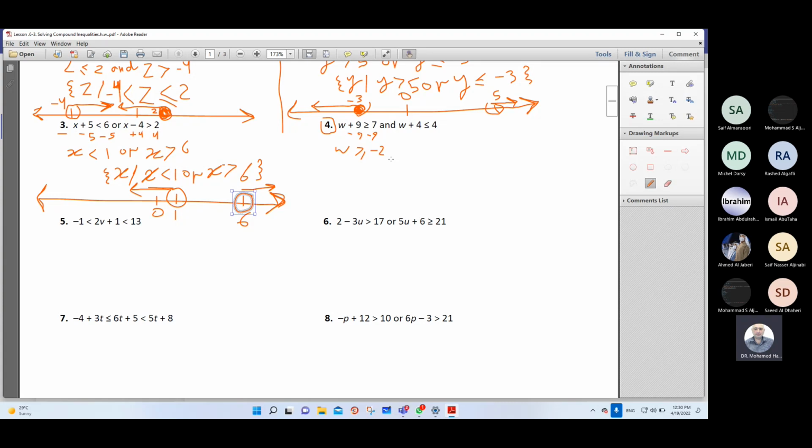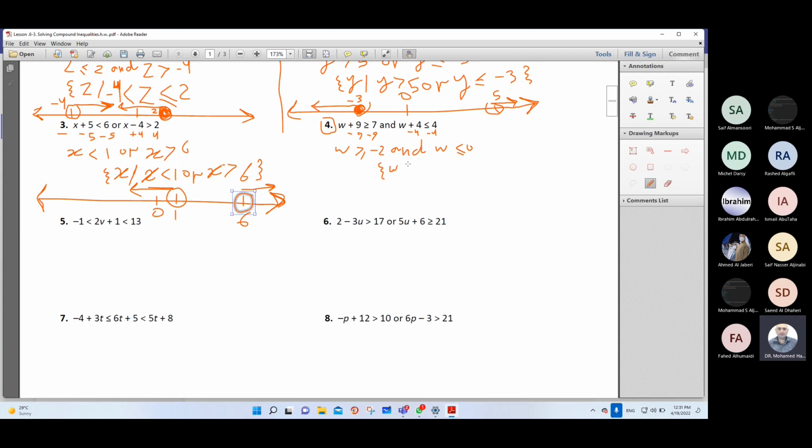Okay, solution number 6. We want to remove 4 from this side, so you can subtract 4 from the two sides. So 4 minus 4 is 0. So we have here W less than or equal to 4 minus 4, which will be 0. Then the set of the solution,